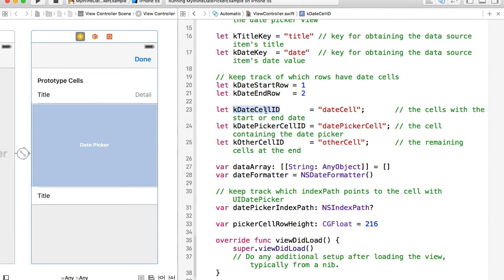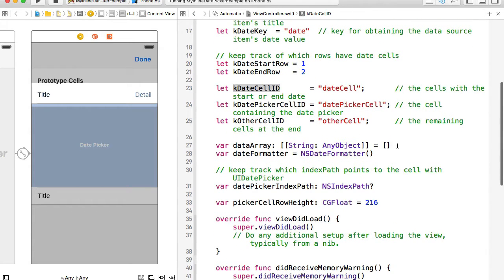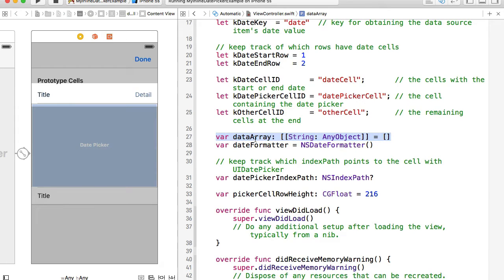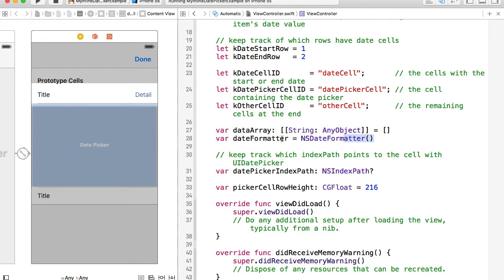Okay, and the 3 cell IDs that we have specified. The first cell has the ID DateCell, the second is DatePicker cell, and the other cell. And we declare a data array here. This data array will hold the items that we're going to load into the table view, the date formatter to make